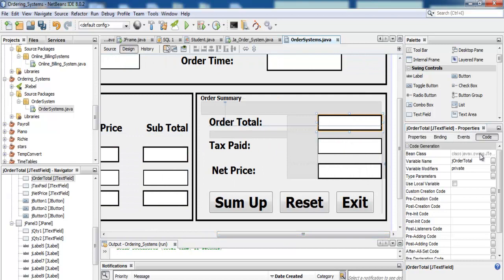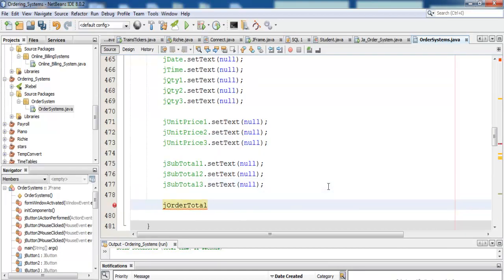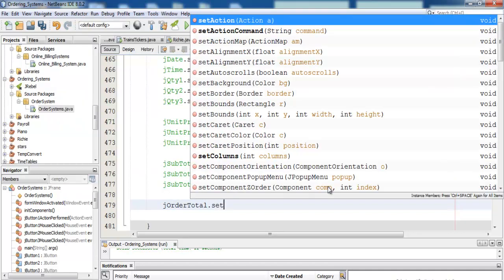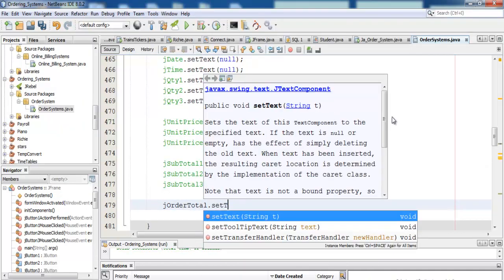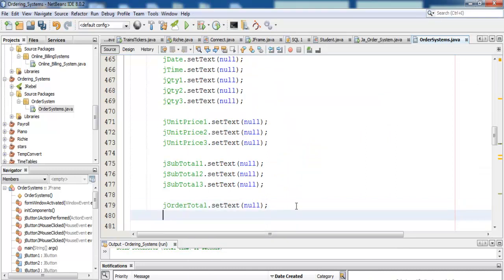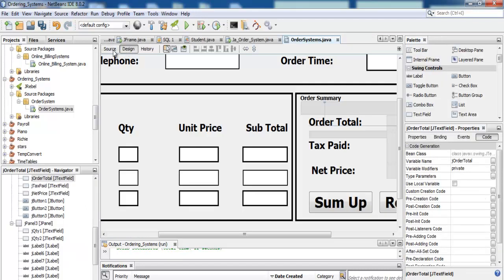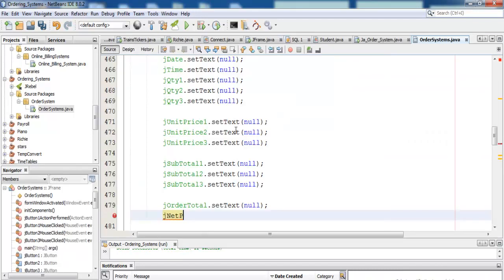That is J order total, and J order total dot set text clear. J net pay, the net pay or net total, net pay. Okay,